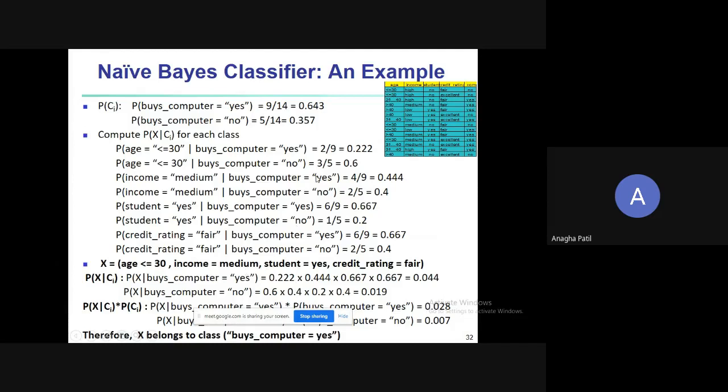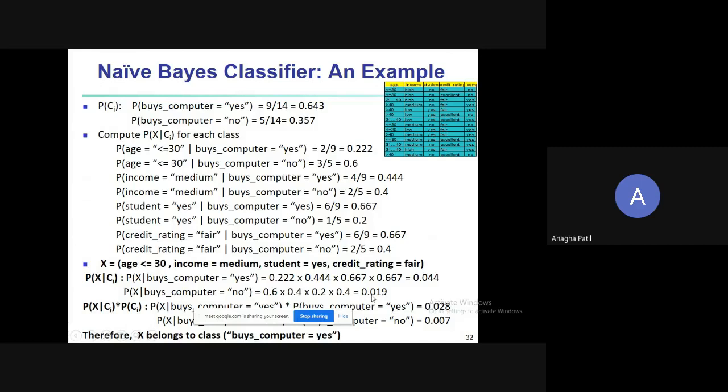For buys computer equal to yes, we have 4 values for these 4 attributes: 0.222 into this yes, 0.444 into this yes, into this yes. For buys computer equal to no, first value into second value into third into fourth. This is how we have got the probabilities.